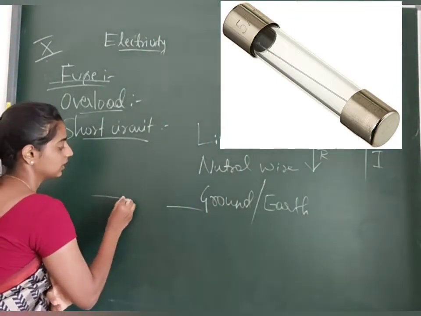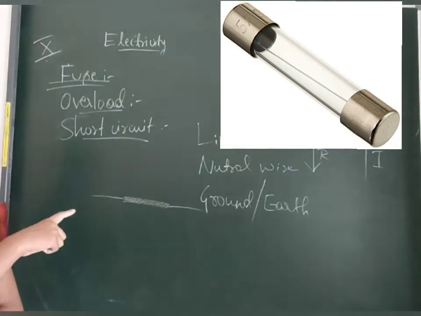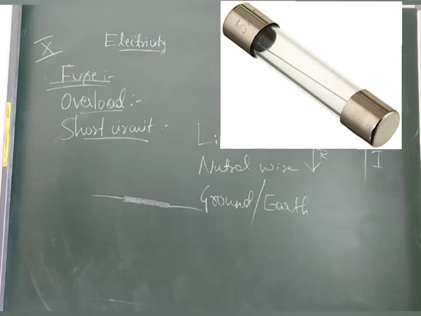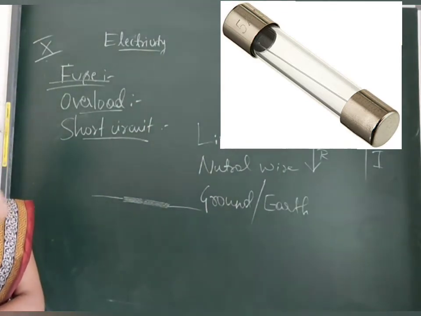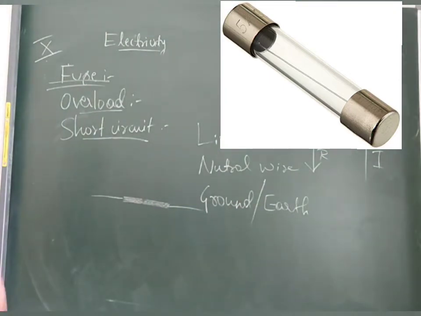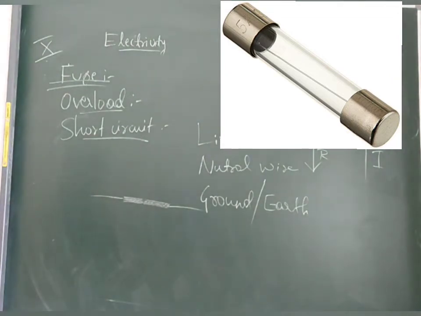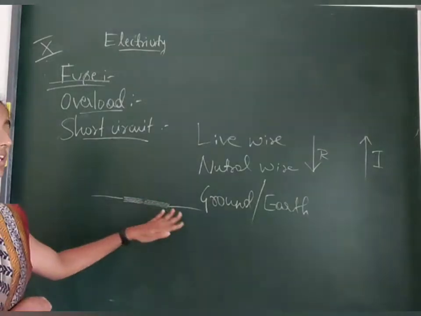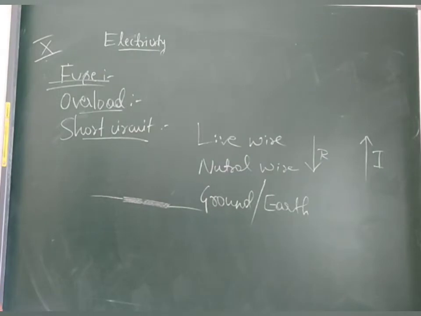So in between here, this fuse will be connected in series. It is connected end to end, that is nothing but it is connected in series. Now this fuse can be a metal or a mixture of metals, that is nothing but an alloy. Many examples are there, such as copper, iron, lead, so many things. So you need to remember, a fuse may be a metal or it may be just an alloy. Okay. Now usually this will be connected in series with the live wire.